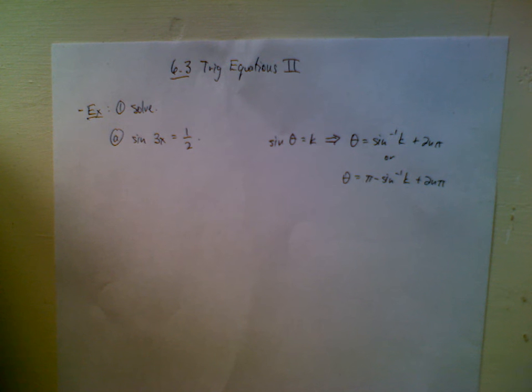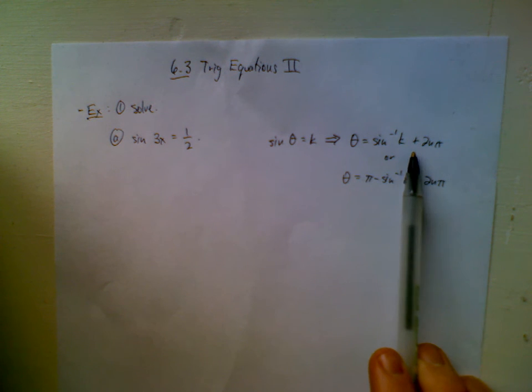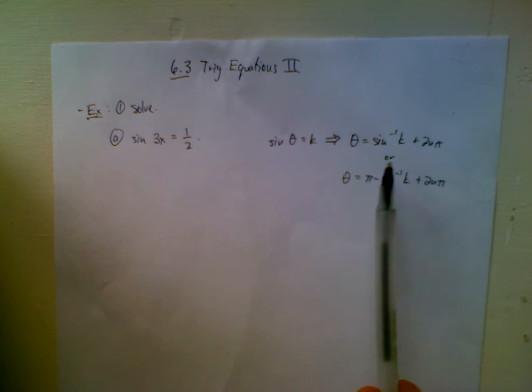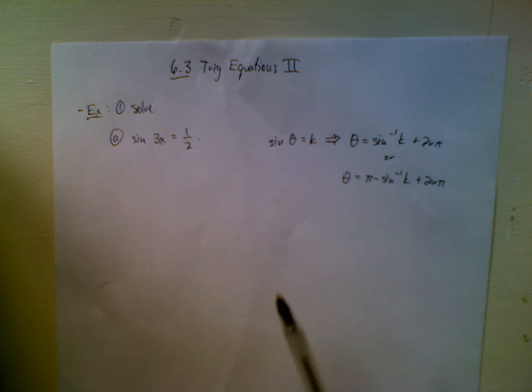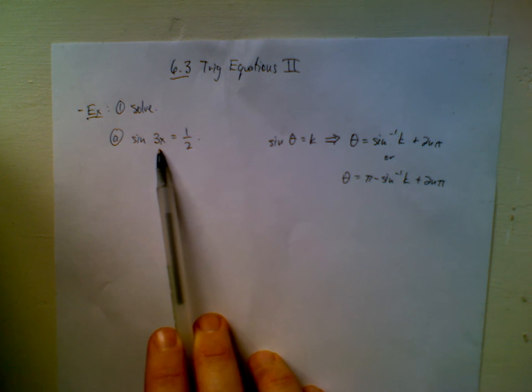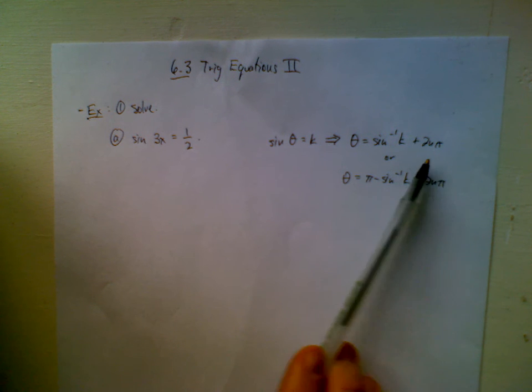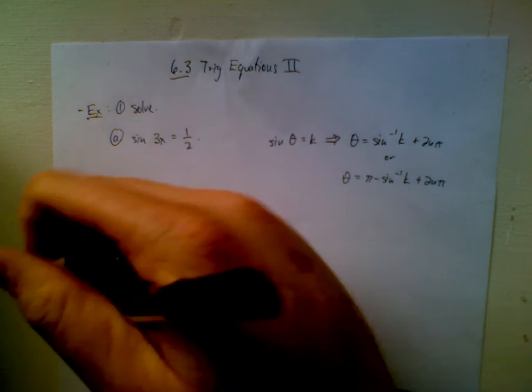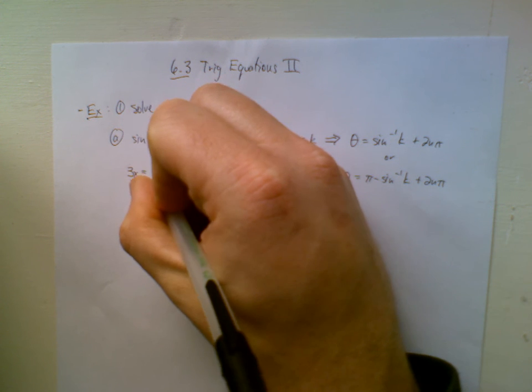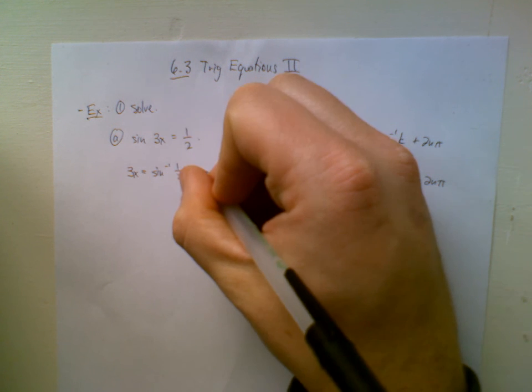Or in the case that you're working with degrees, of course, you would say theta is sine inverse of k plus n times 360, or theta is 180 minus sine inverse of k plus n times 360. So just the equivalent when working with degrees. Anyway, I'm going to work in radians just like I did in the last section, and so we have sine 3x equals 1/2. This is already in this format, only theta is 3x. So you're going to say 3x equals sine inverse of 1/2 plus 2n pi,